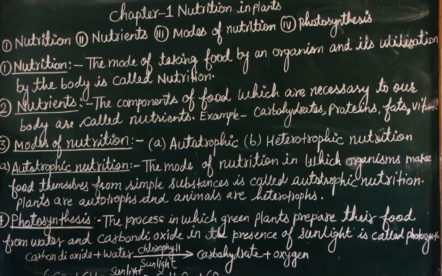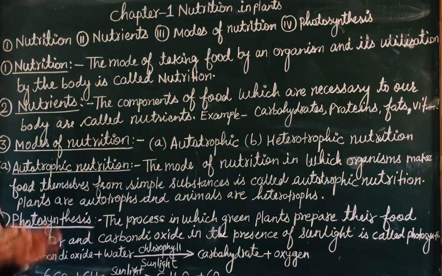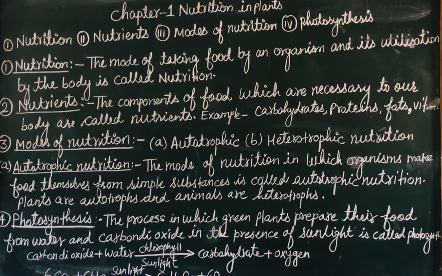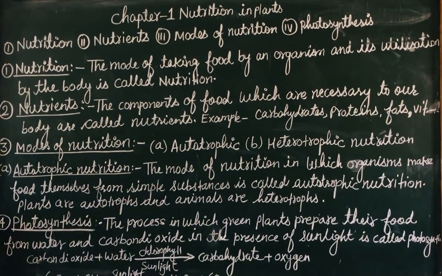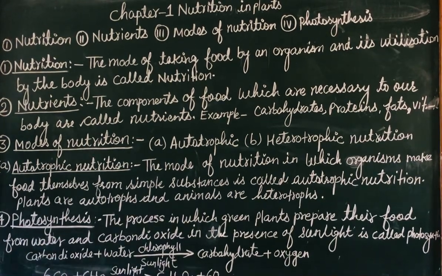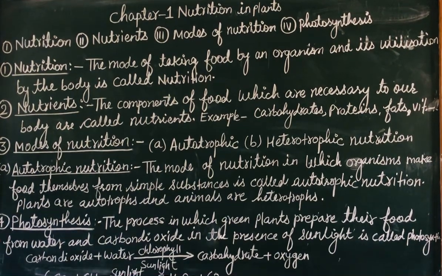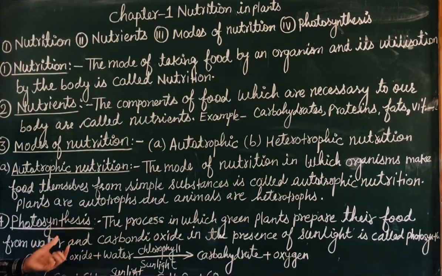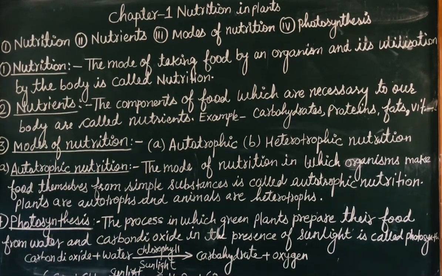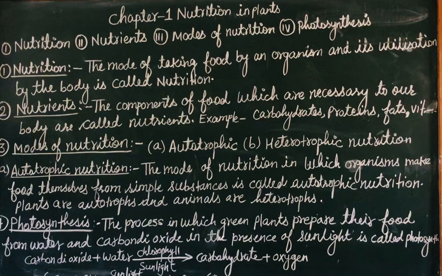Sunlight is given by the sun, it is available in the environment, and the chlorophyll is present in the leaf. So when this raw material is available, then the green plant, in the presence of sunlight, by using carbon dioxide and water, prepares its food. This process is known as photosynthesis. As you know, photo means light, synthesis means to combine, meaning in this process, in the presence of sunlight, carbon dioxide and water combine to form the food of the plant, that is carbohydrate, and oxygen is also released